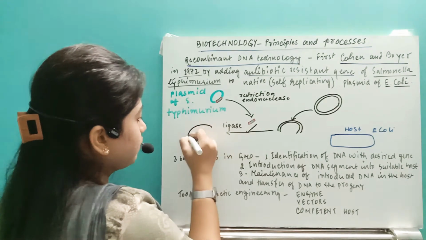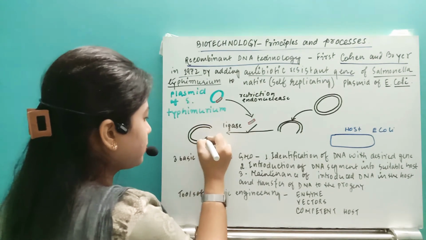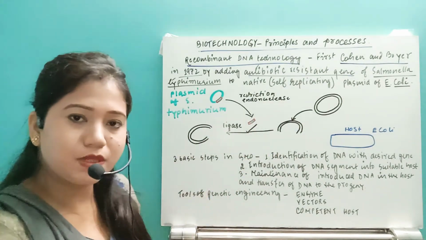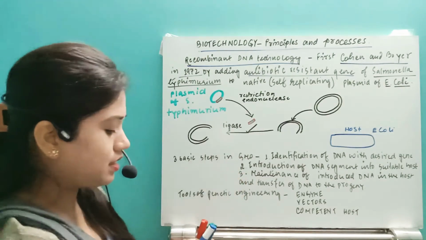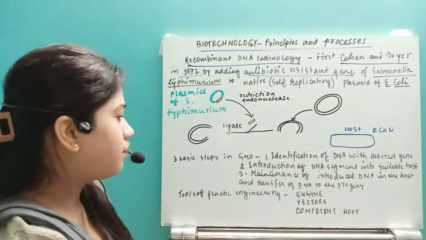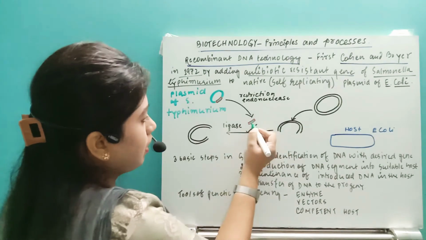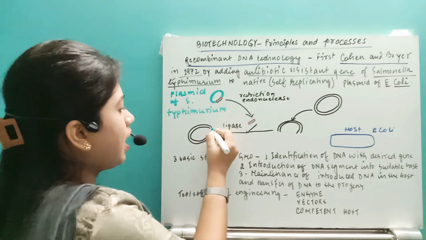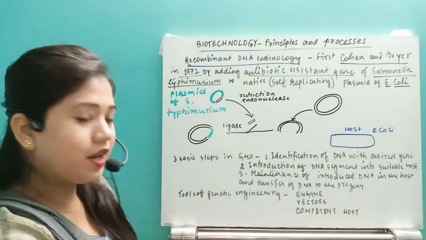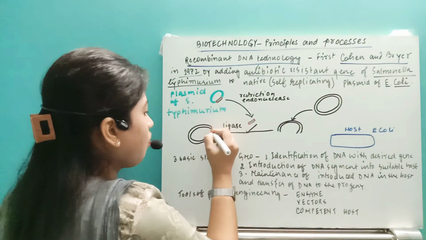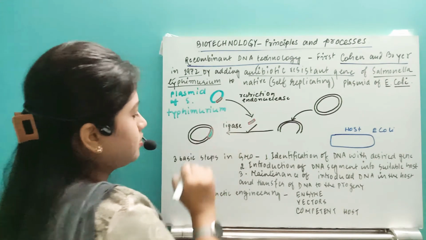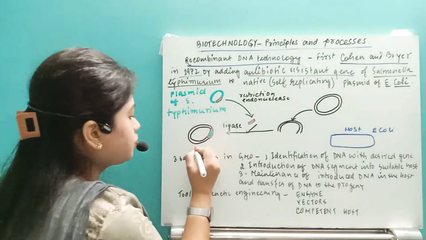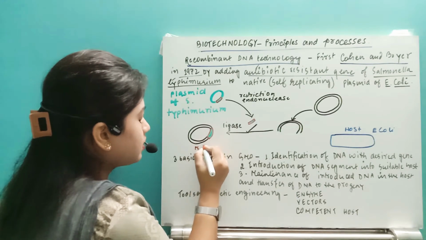So this is the plasmid which we have cut by the same process, that is the addition of the restriction endonuclease. It will cut in the specific region. Then by adding this DNA ligase enzyme, we will add the desired gene fragment which we have cut from the Salmonella typhimurium, right? So whenever we add it, this gene fragment is added here. What we can call it, this is known as the recombinant DNA.